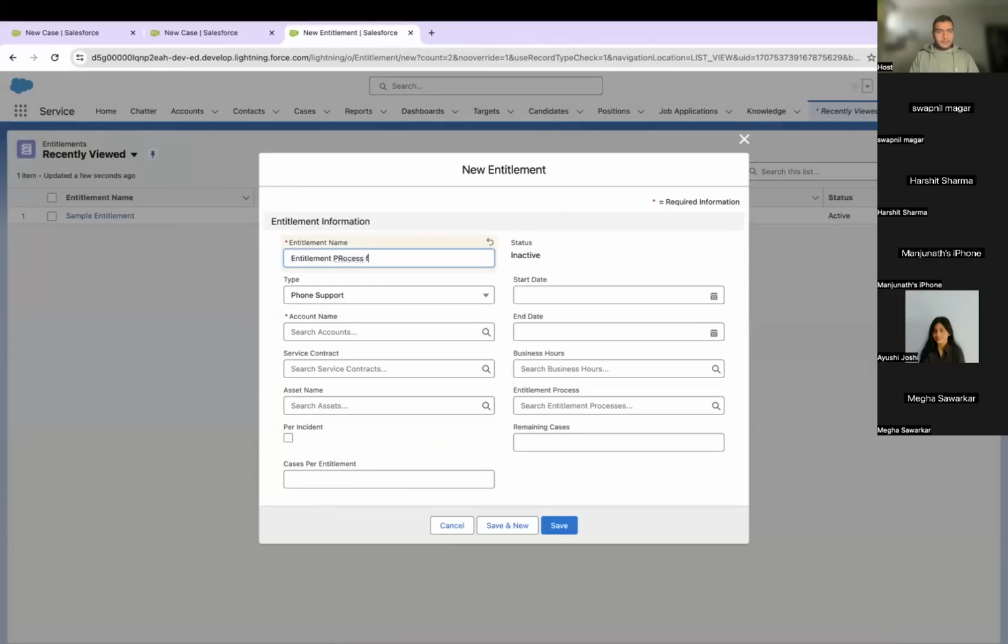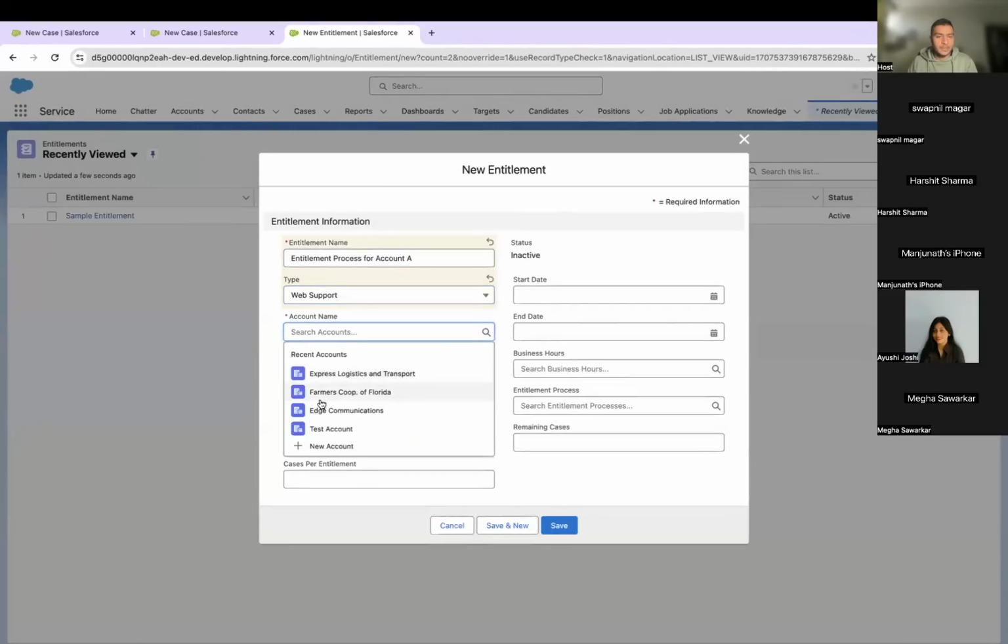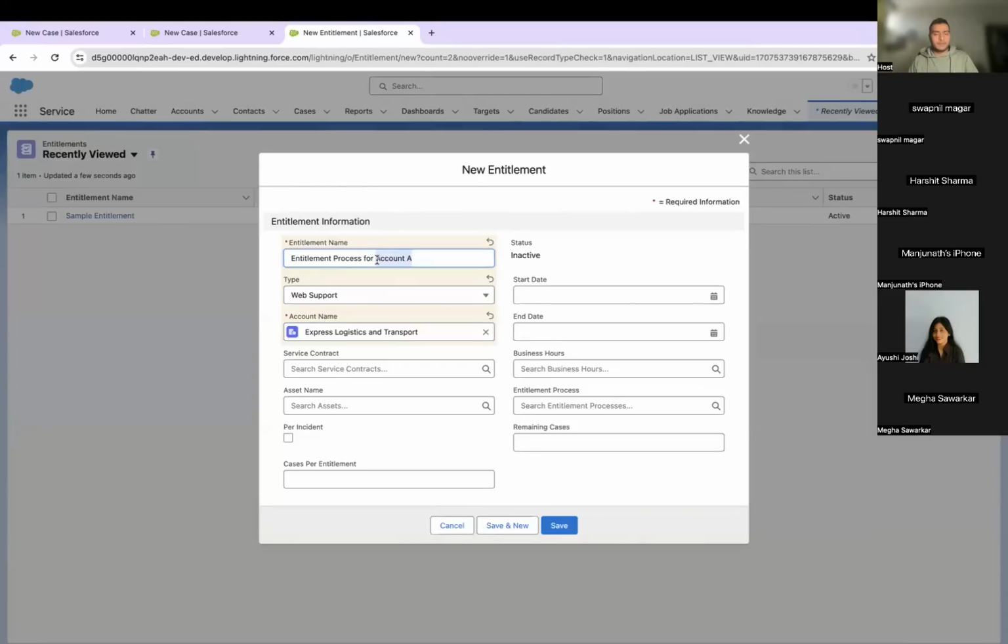Entitlement process for, let's say A. I don't know the name of it, so I just say now this account A is entitled to get, let's say, web support. Okay, and here we will select which account we are talking about. So let's say we are talking about Express Logistics. So this is entitlement process for Express Logistics,